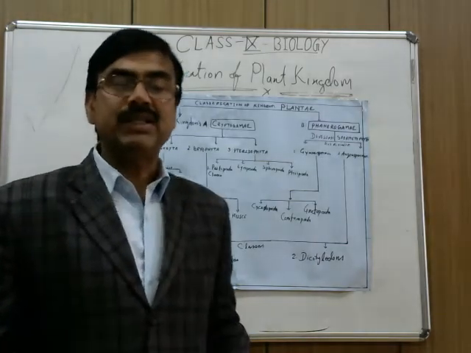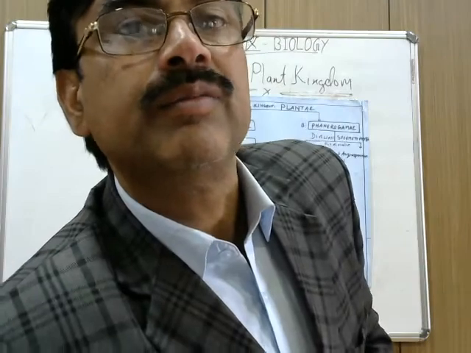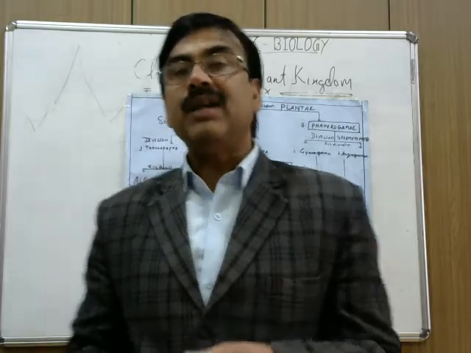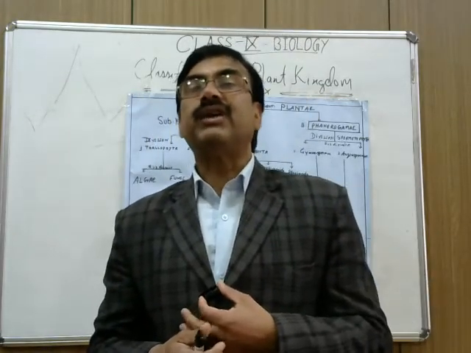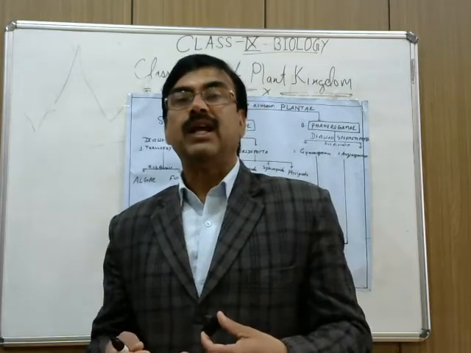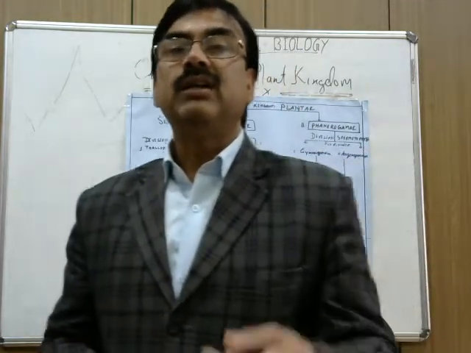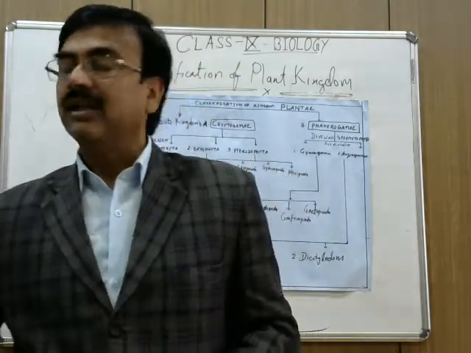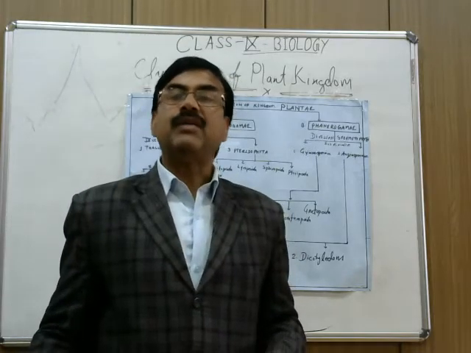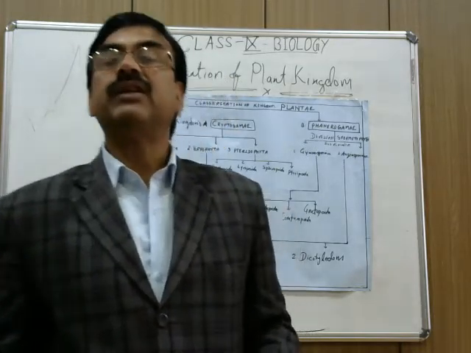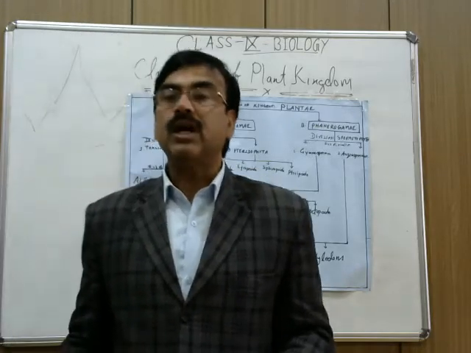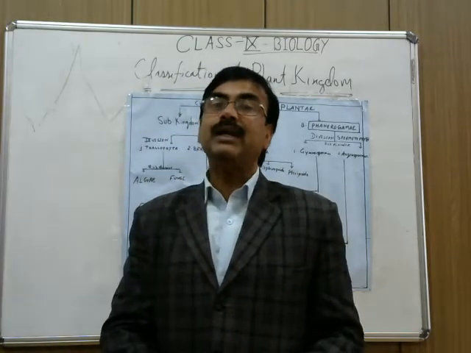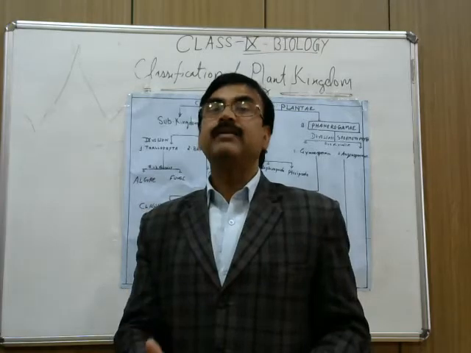Yes. Now I will take you towards the characteristics of the five kingdom division system. I will write the characteristics of the five kingdoms and then examples. And you have to write down the characteristics of these, what I am going to write in this segment. I will give the characteristics of Monera, Protista, Plantae, Fungi and Animalia. So you have to write the four characteristics and the examples.